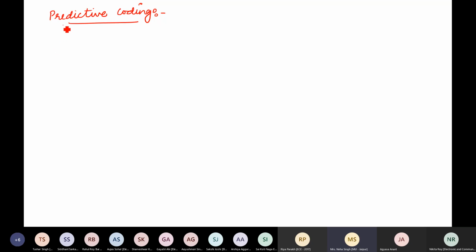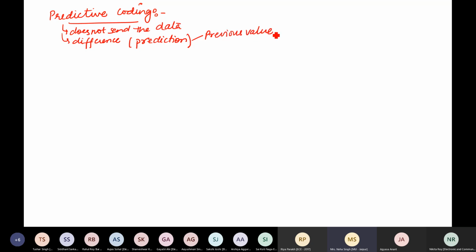So what predictive coding does is it does not send the data itself or the gray level, but it sends the difference, or simply it uses prediction based on previous values. Maybe the immediately previous value or multiple previous values.